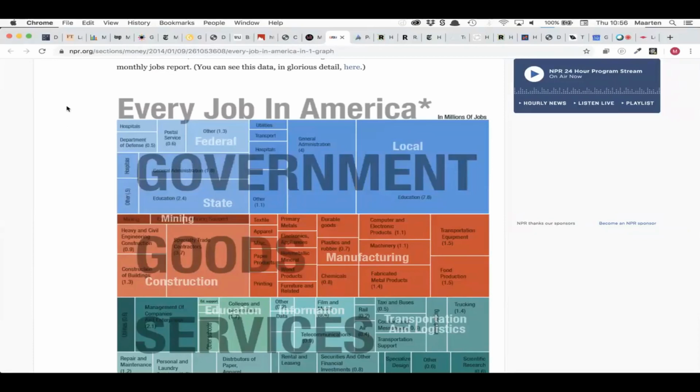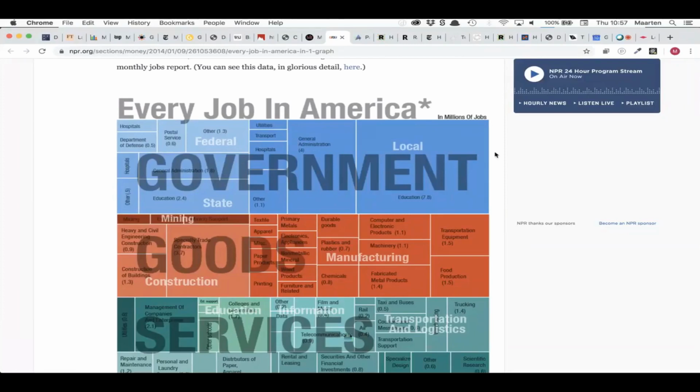But within each top level in the hierarchy, we have the sub-level, and for government, you can see that those are the federal governments, state governments, and local governments. And then within each of these elements of the sub-level, you have a further breakdown of where people work. So in local government, you have things like general administration, education, transport, and hospitals. So we have a 3-level hierarchy